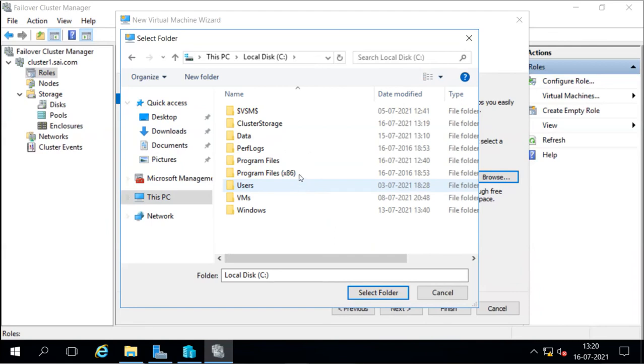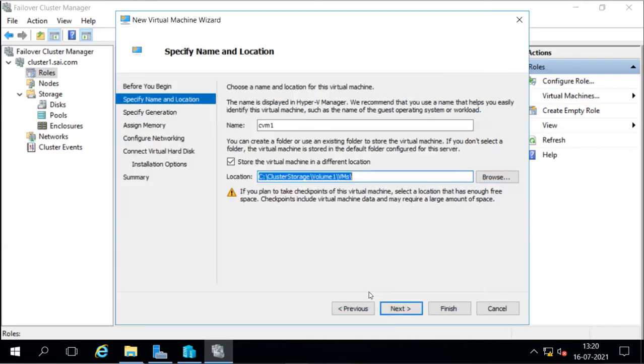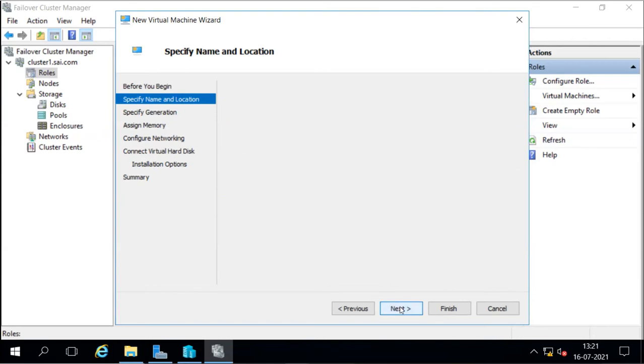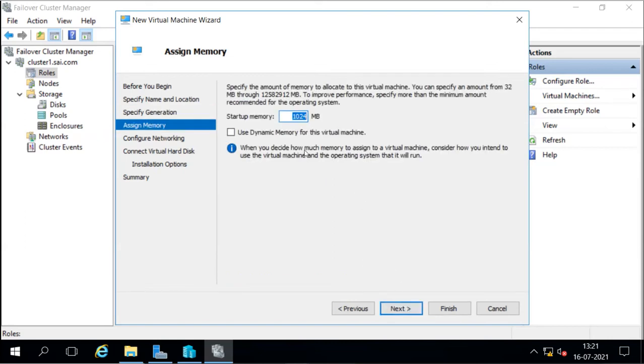It is coming not as a drive, but as a ClusterStorage Volume1 folder. So I will select this for the virtual machine settings. Now whether you want to create Generation 1 or Generation 2, you will select this. Then you can select how much RAM you want to give.